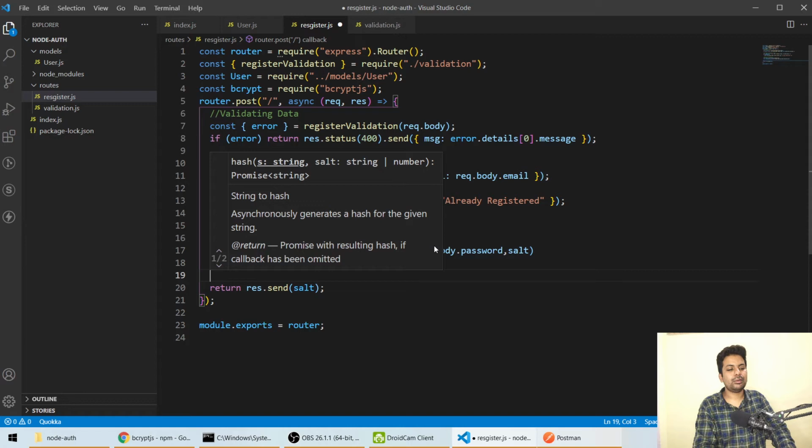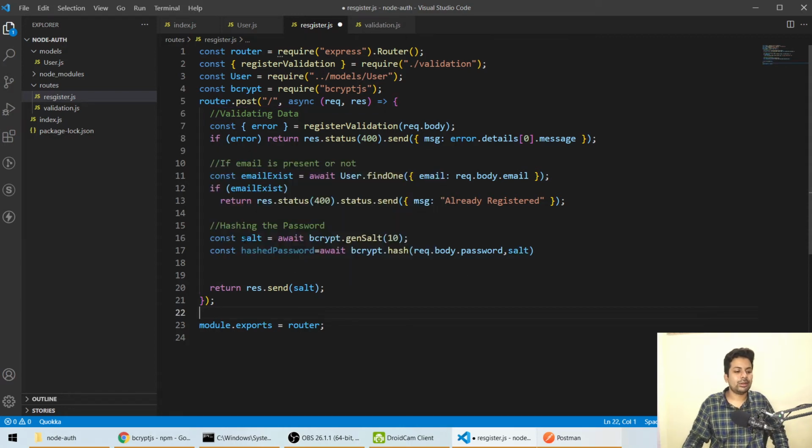What I'm doing here is telling it to generate a salt from bcrypt and hash the password. bcrypt.hash takes the password, whichever is coming, and the generated salt. So now this hashed password we will save.